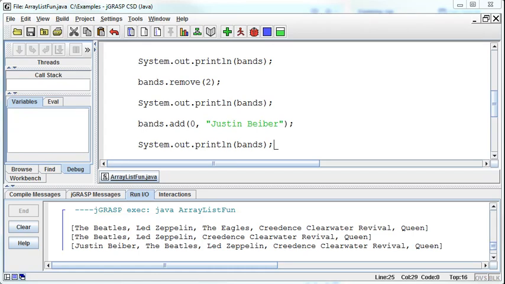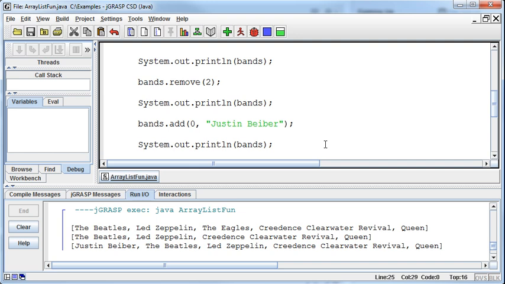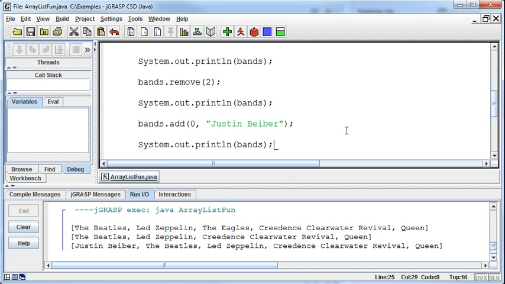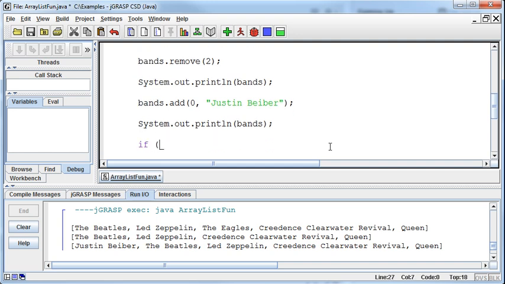I spoke too soon. I did think of a couple other things we want to look at with array lists that are just kind of useful little methods that the array lists give us. And one of those methods is to see whether something is contained in the array. So after we've built this little array, I can go through and then say if the bands,